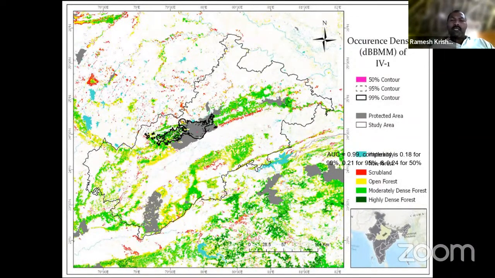This is the initial result we have been able to get. Of course, now we will be waiting for the griffons to travel back to the Himalayas. They would have probably started this month. It's going to be very interesting to see where they actually come from. It's going to be new knowledge in the country.